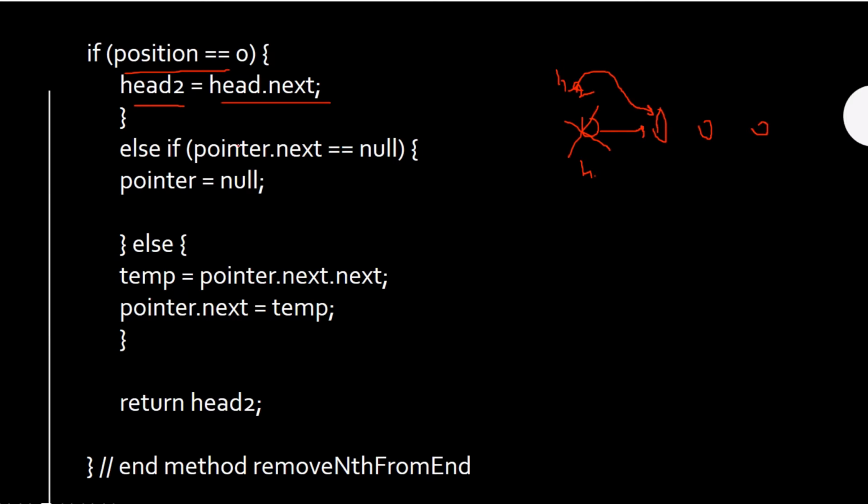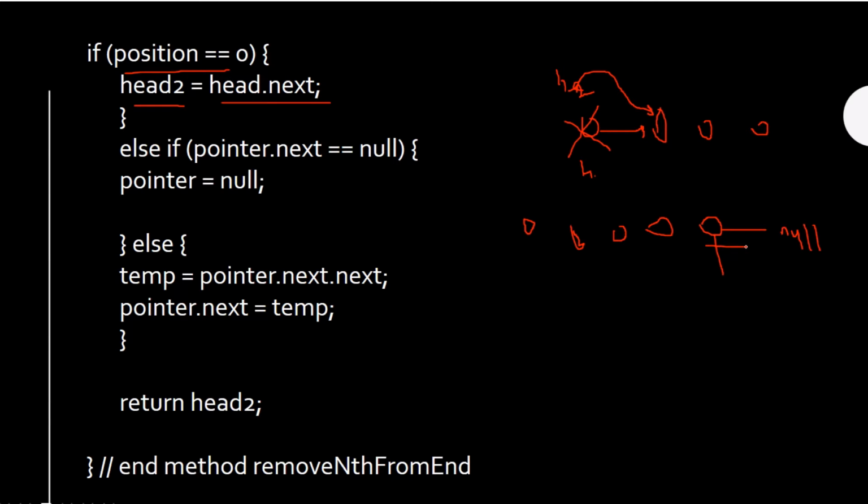Else, if pointer.next is equal to null, that case means you are actually deleting the last element. You are deleting the last node in your linked list. Let's say you have this. This is the one that will give you pointers. Because this is your current pointer, and the next of this one is null,